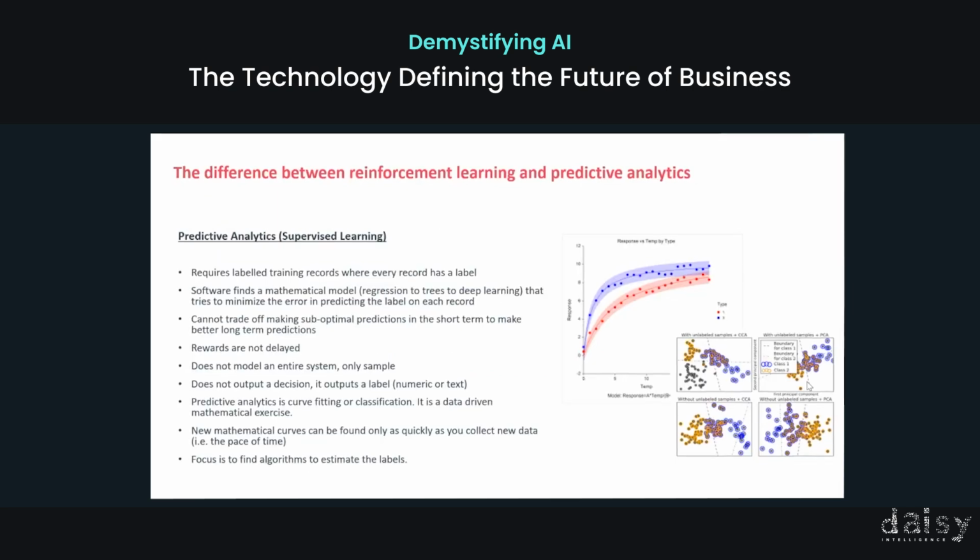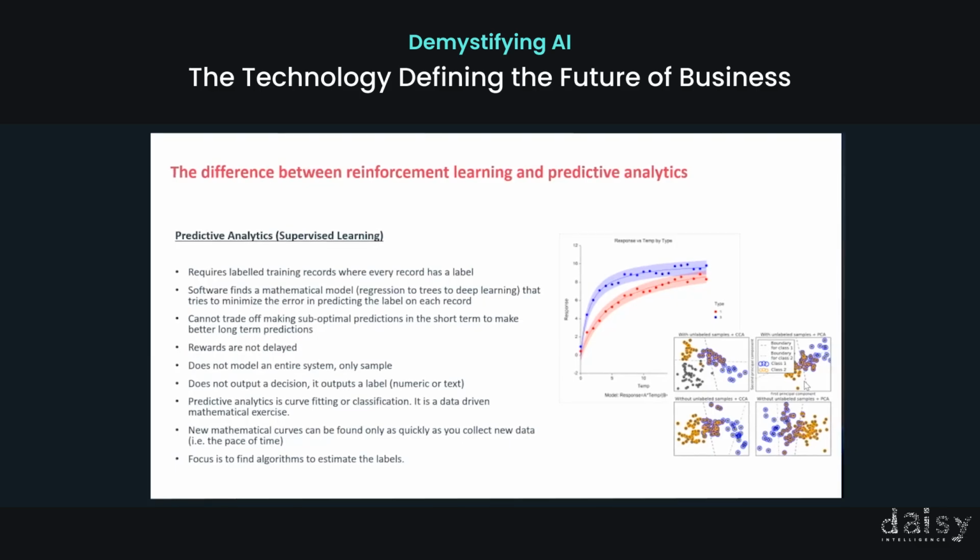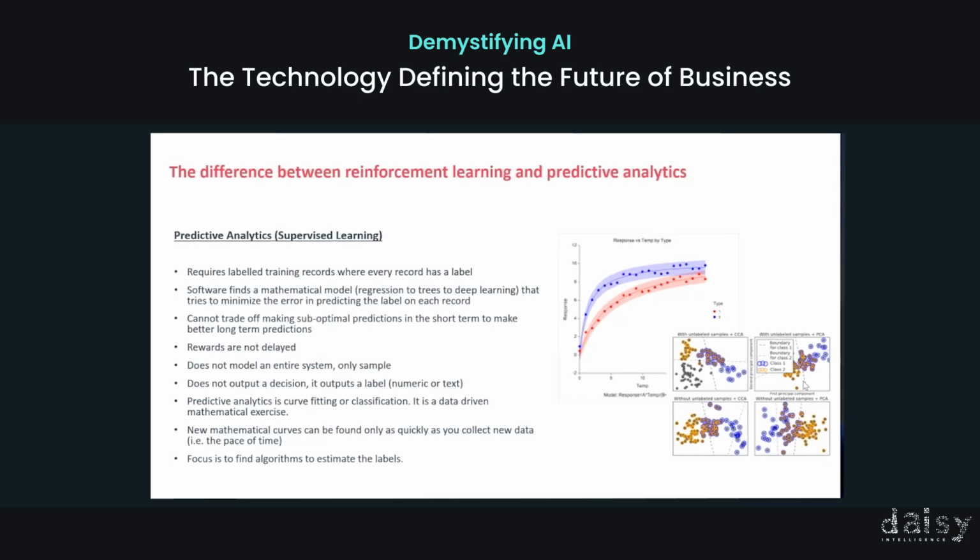So this requires labeled training data where you have known data from the past where the outcome is known. So this could be predicting sales. For example, you would have sales by week or sales by product by week by store or some level of granularity. You'd have the data and it's been known history, so it's happened in the past, and you have the outcome, so you know what the sales number is. And then you'd have a number of variables for that week. Maybe you'd have sales of other correlated products. You might have weather, time of year, price, when it was last promoted, all kinds of features that you would have available as well.